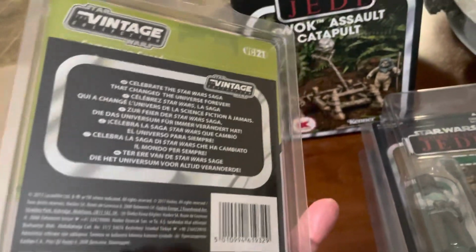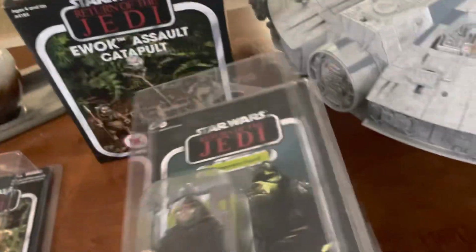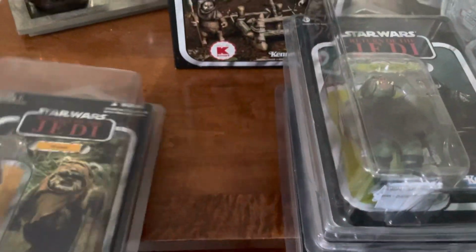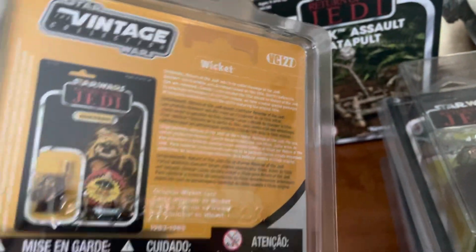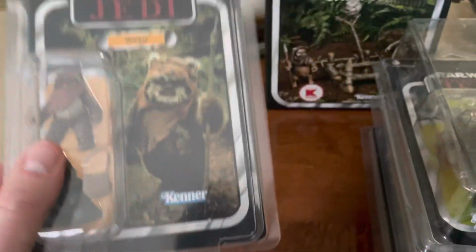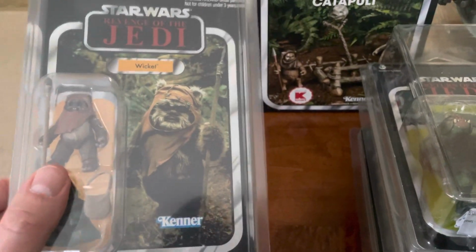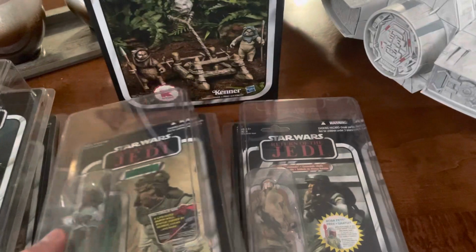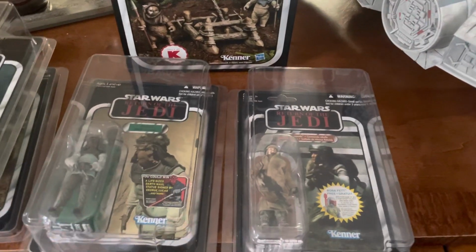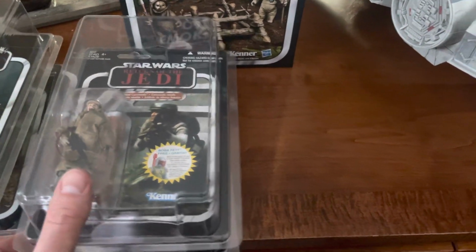But here's a European card, VC21. And here was a Wicked. I'm pretty sure I've shown this one before, but it's such a beautiful card back. How could I not show it again? VC27. I wouldn't mind. I do have a stickered version of this, and I do have the 2020 version also. But I feel like I'm starting to become like Nick from Only One Kenobi, that does variants. Like, geez, I'm starting to...